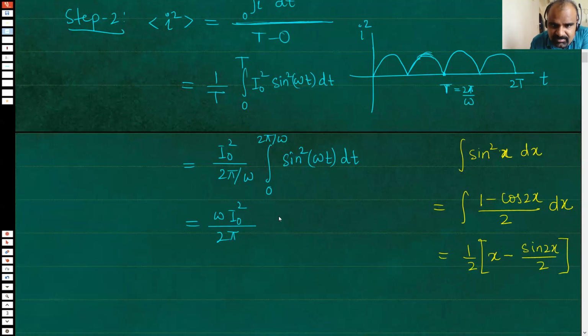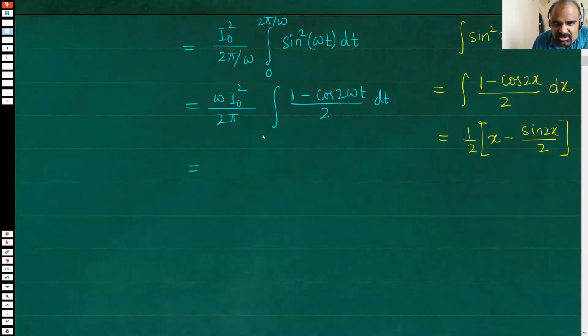Okay, so pay attention. Here sine square omega t I will write as 1 minus cos 2 omega t divided by 2. Is it not a half of x plus sine 2x by 2, sir? No, cos 2x integration is sine 2x. Okay, sir. Sorry. Yeah. So this is fine. Now I'll put the limit at the end. Every time I don't want to write the limit, it takes a lot of time and space also. There is a limit 0 to 2 pi by omega. I'll write that later on.